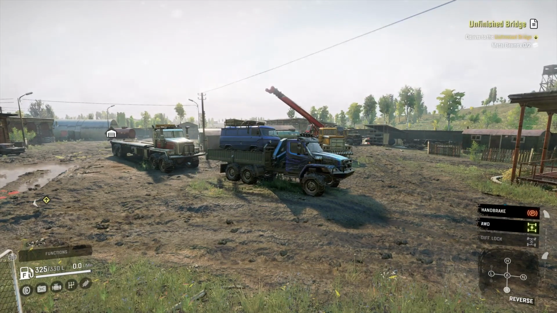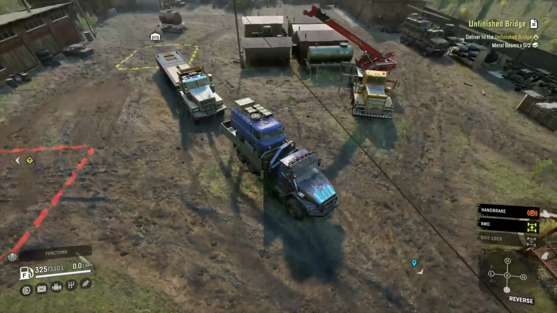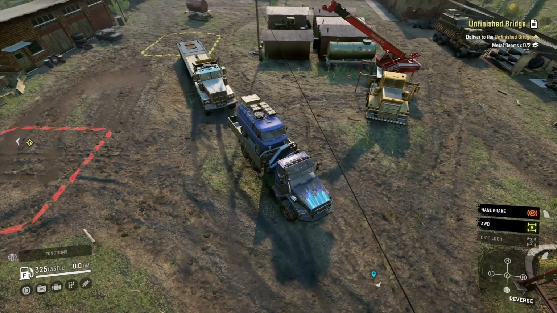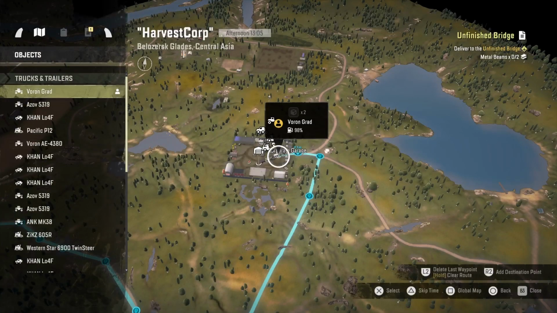I'm on the Harvest Court map, and I'm going to do the mission called Unfinished Bridge, where I've just got to kind of nip down to a warehouse, grab 2 lots of metal beams, and then deliver them. It's just like a main bridge on this Harvest Court map, which is not the end of the world,